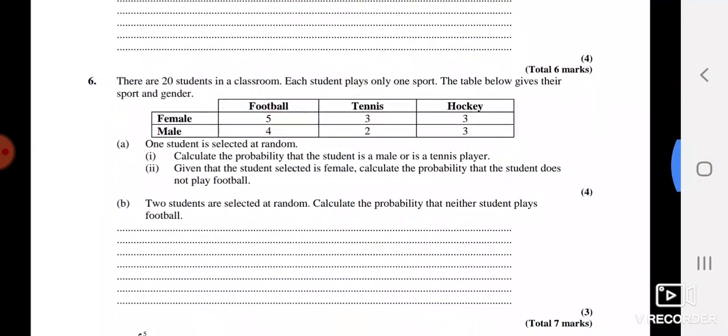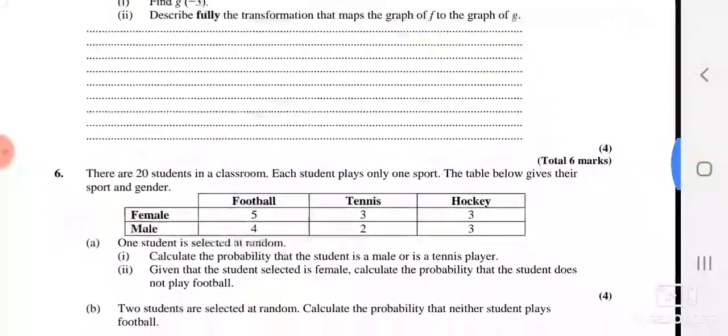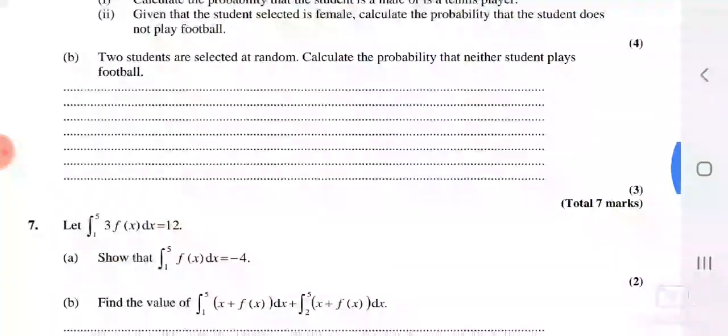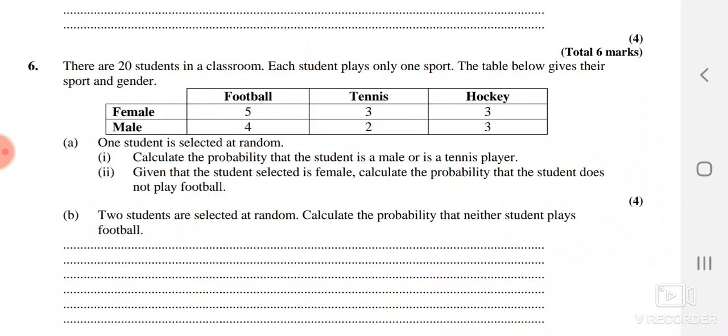Now in the same way I'm moving toward question 6, and in question 6, my dear, once again he has given you the table with female and male frequency. He said calculate the probability that the student is male or tennis. It's related by "or", so first you calculate the probability of male and then the probability of tennis player. Actually it's like P(M∪T), and this is equal to probability of M plus probability of T minus probability of M